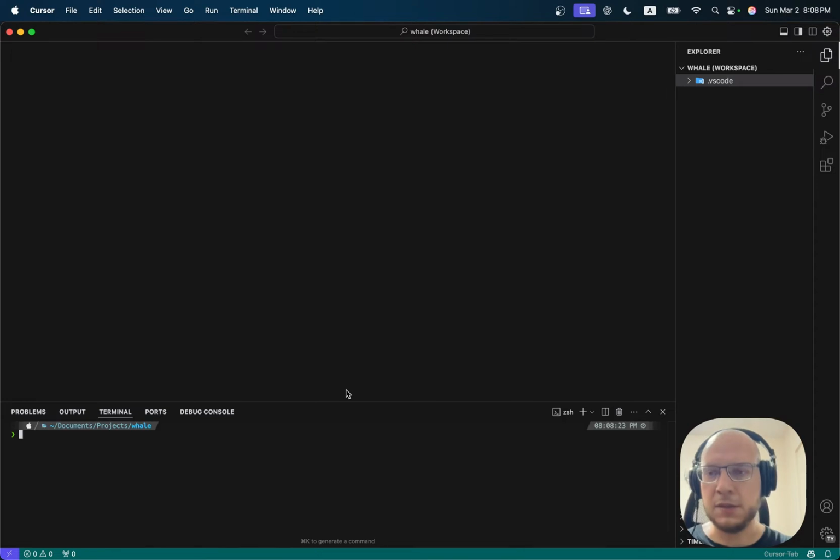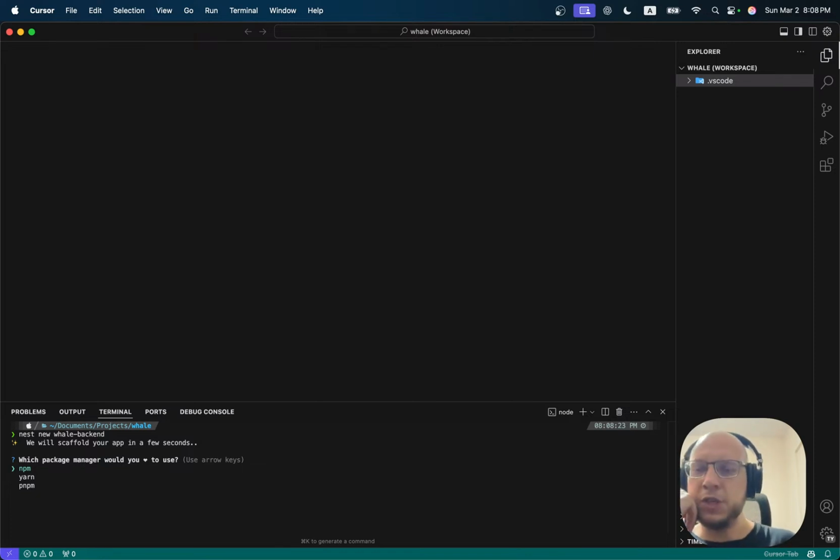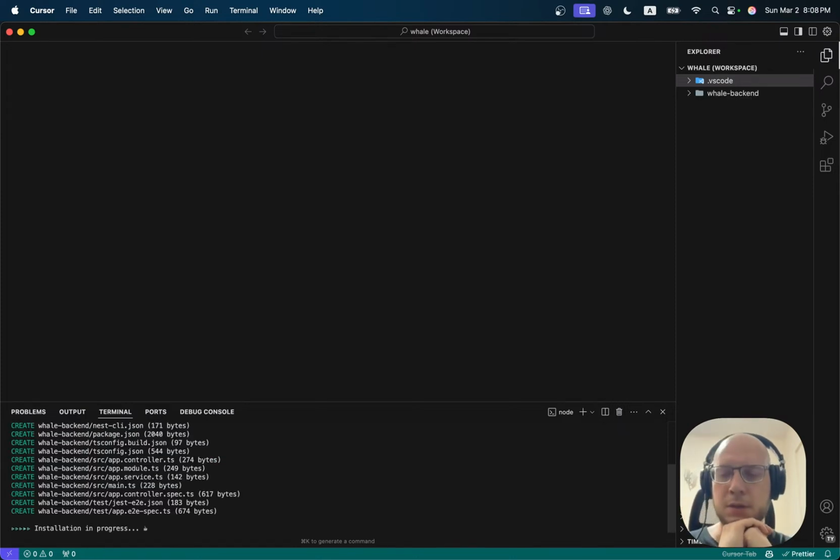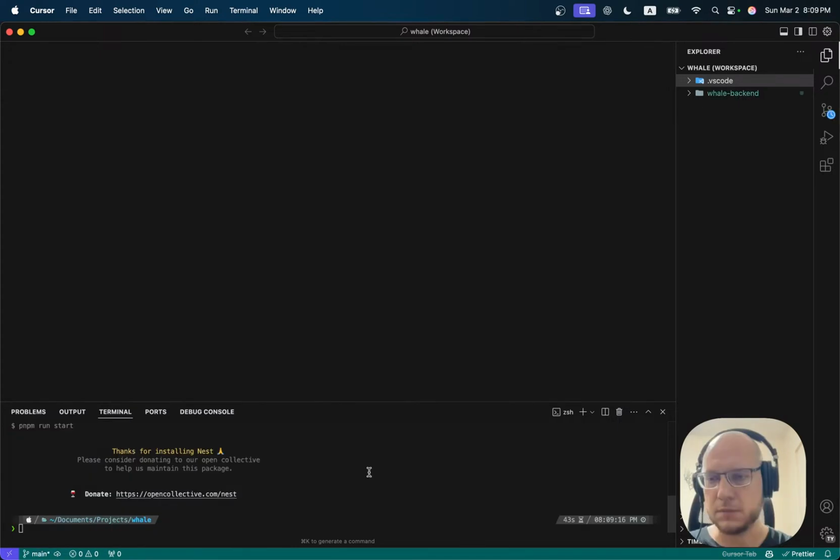And now we can start a new Nest.js project by typing nest new whale backend. Enter. So which package manager would I use? I will use pnpm, and let's wait until it is created. So the Nest.js project is instantiated. Now we have a whale backend folder inside our workspace, and now let's switch to the newly created folder, whale